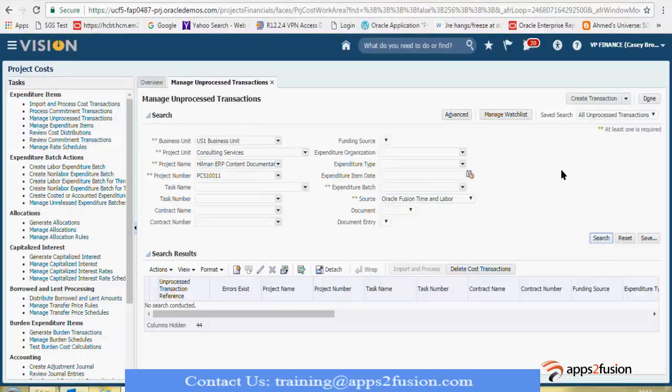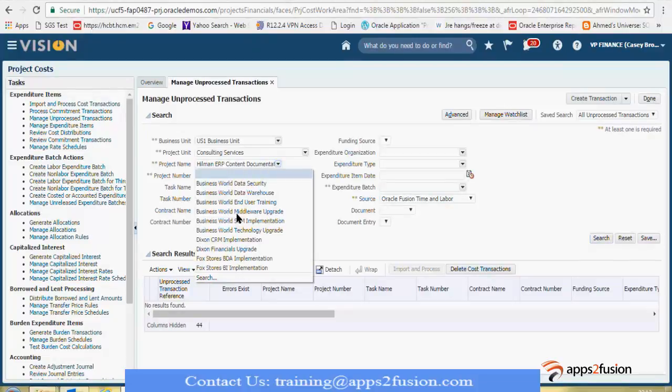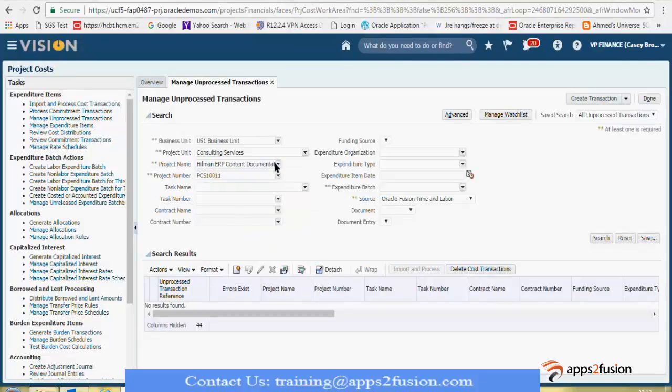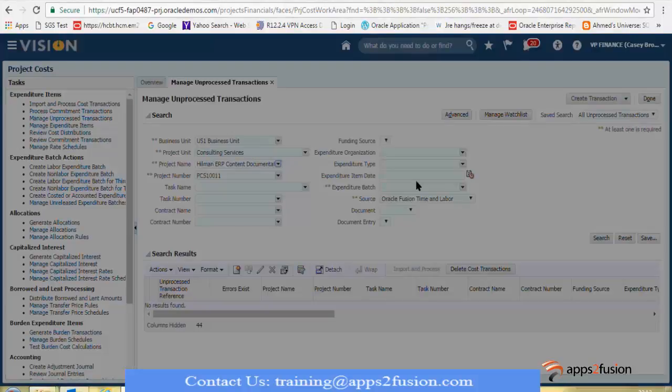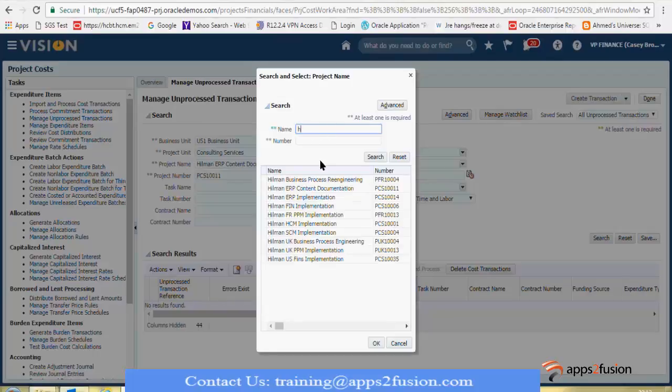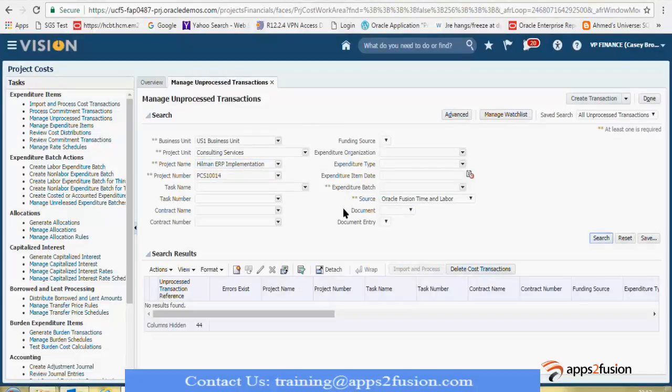Time and labor. Nothing from this side. Let me see. This is okay. Okay, nothing is unprocessed. Basically, you can see the unprocessed transactions over here, and you can delete them if you want to delete that.